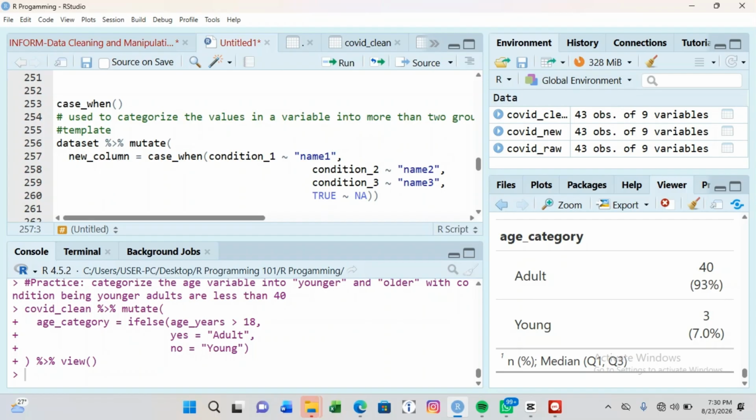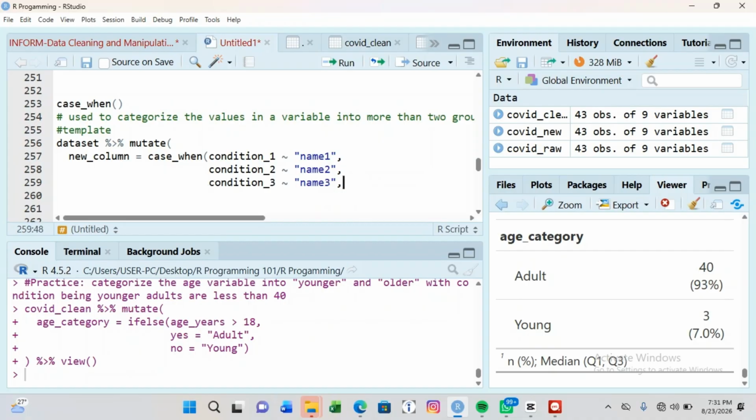Then the new column. We always want to ask: do we want the changes in a new column or in our existing, old column? Our new column is equal to case_when, which is the change function that we're working with. So we outline the conditions that we want. What is our first condition? What is the second condition? And what is our third condition? When you outline these conditions,